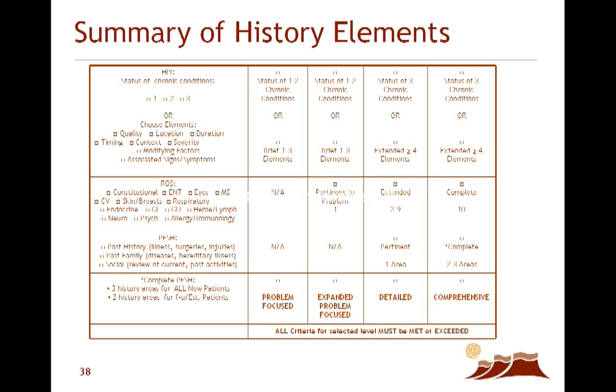So this is our next level up. Again, you're talking about 1 or 2 problems. I like to think of it as 2 problems. Level 1 is 1 problem. Level 2 is 2 problems. If it's a symptom, on one of those 2 problems, you're given some description of that. The review of systems for this level visit, you only need 1 system reviewed. You make the judgment whether it's pertinent to the problem. Sometimes it's more appropriate to pick a different system that might be related or at least should be addressed at some point. You do not have to have a past history here, though I will tell you in our practice,